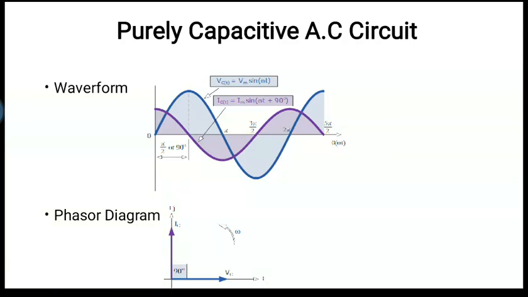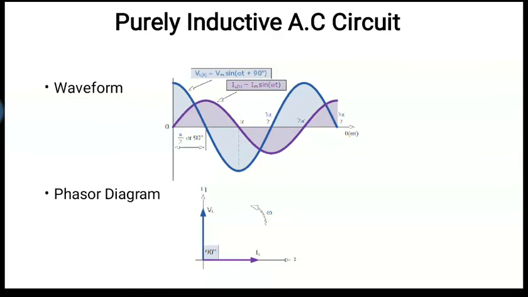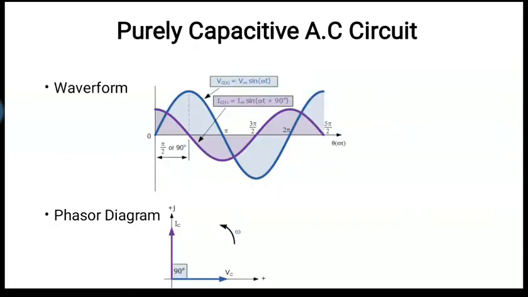There is a voltage, current, and the difference between them is 90 degree. So who is above? Current is above. That means current is leading, right? Here current was lagging, right? Because it is downwards. But here it is above. So current is leading. Okay. So just remember one thing, again I am repeating. In a purely resistive circuit, there is a phase difference of 0. In a purely inductive circuit, current is lagging, and in a purely capacitive circuit, current is leading.